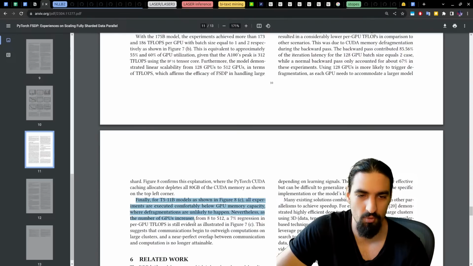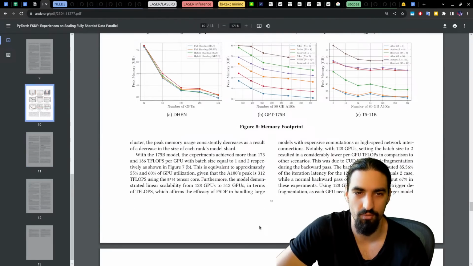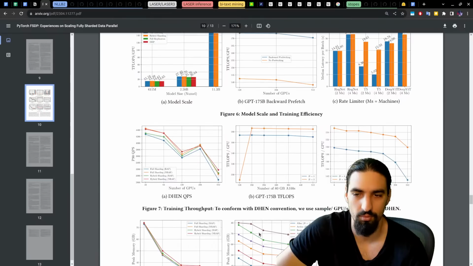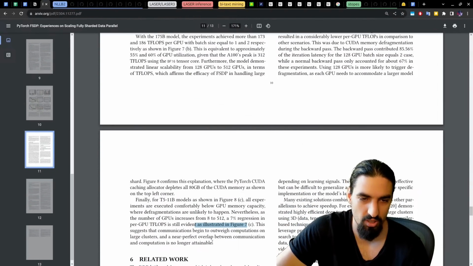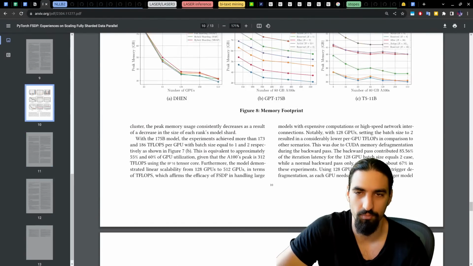Nevertheless, as the number of GPUs increases from 8 to 512, a 7% regression in per GPU teraflops is still evident, as illustrated in figure 7c. This suggests that communications begin to outweigh computations on large clusters, and a near perfect overlap between communication and computation is no longer attainable.